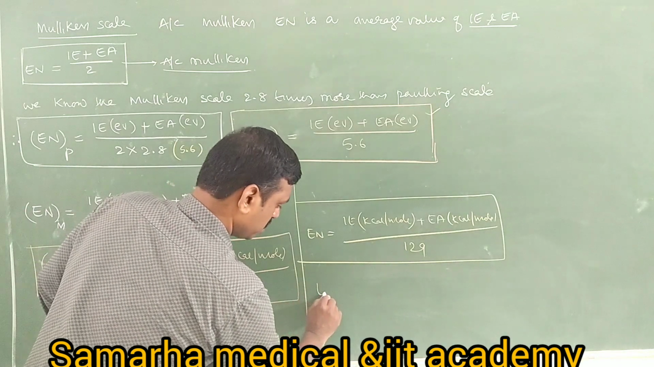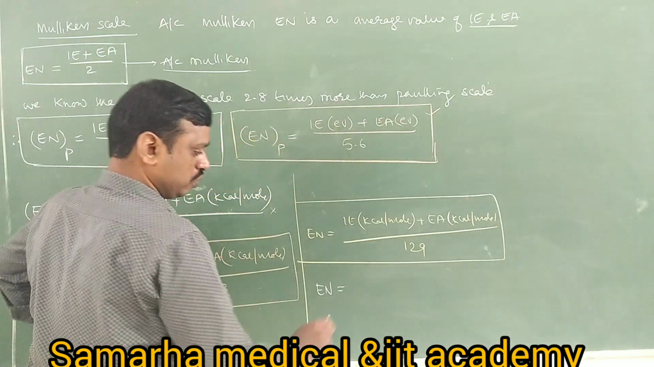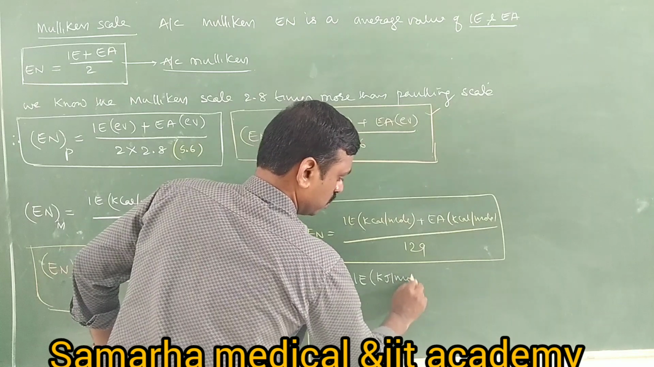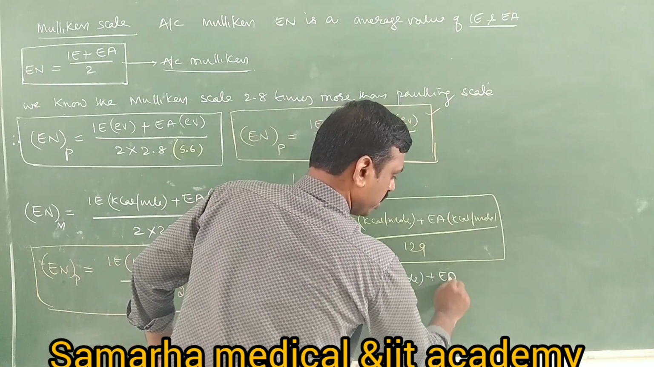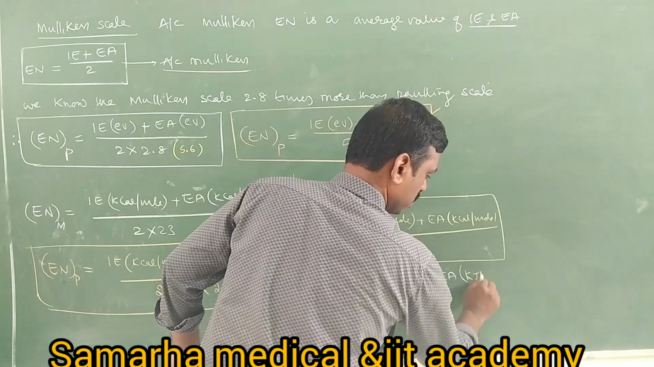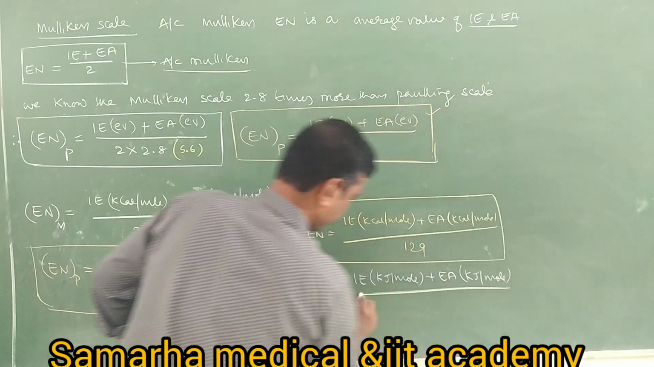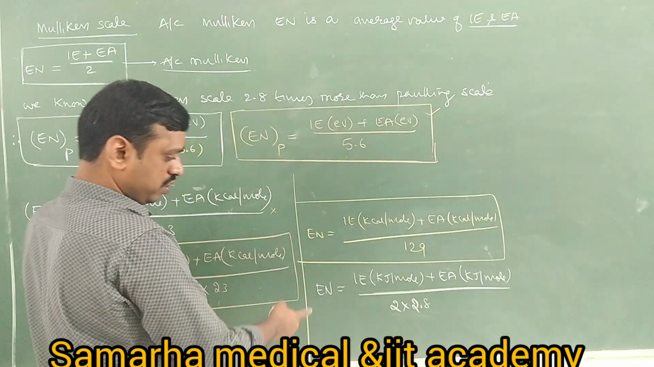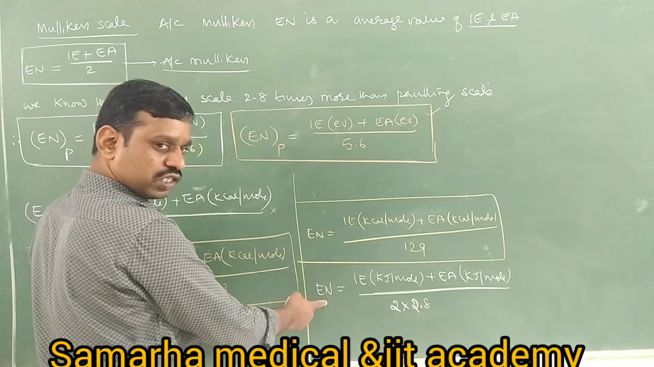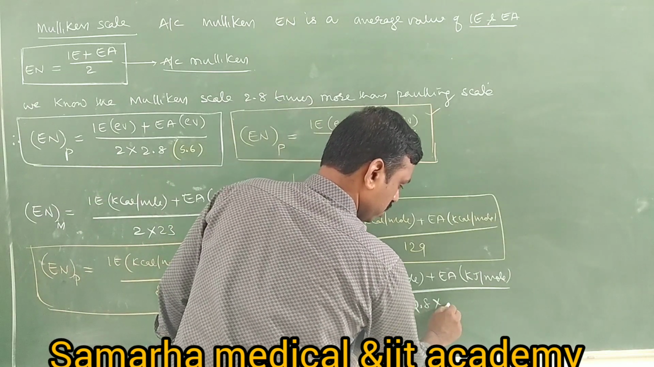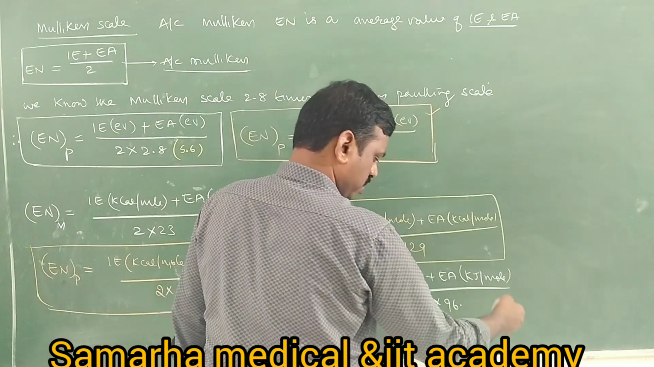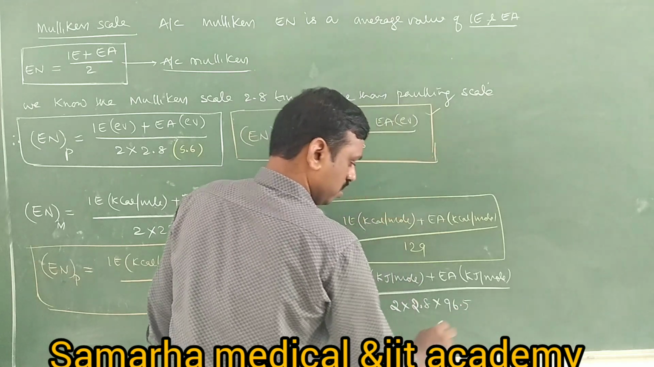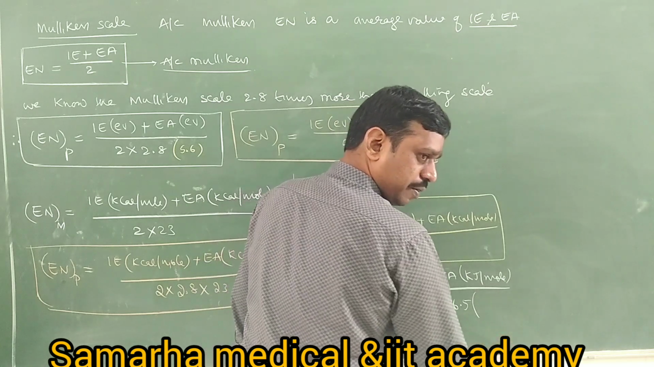Next, the last one: electronegativity can also be equal to ionization enthalpy, which I will take in kilojoules per mole, plus electron affinity, also in kilojoules per mole, divided by 2 into 2.8. I have taken it directly as the Pauling scale, into 96.5. It is actually 96.45, but we take approximately 5, which is equal to approximately